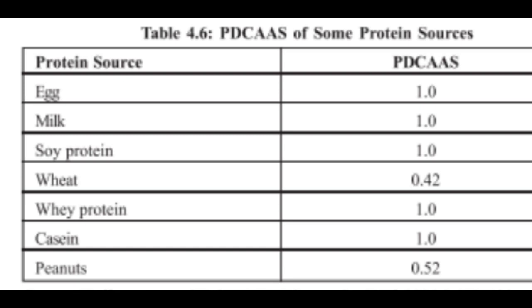PDCAS value for some protein sources is given in Table 4.6. Table 4.6, PDCAS of some protein sources. Digestible indispensable amino acid score, DIAS. Digestible indispensable amino acid score, DIAS, is a protein quality index which is based on true ileal, terminal end of small intestine, amino acid